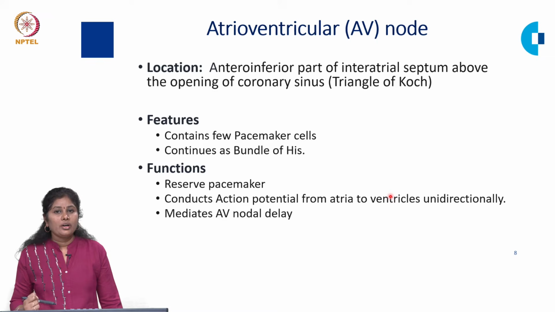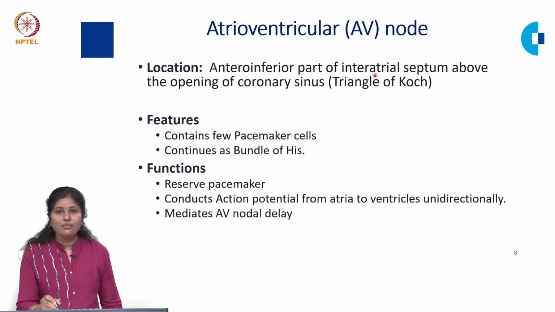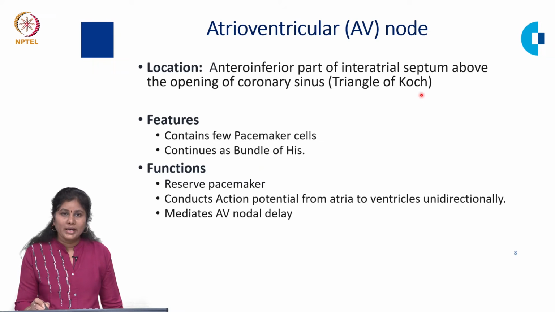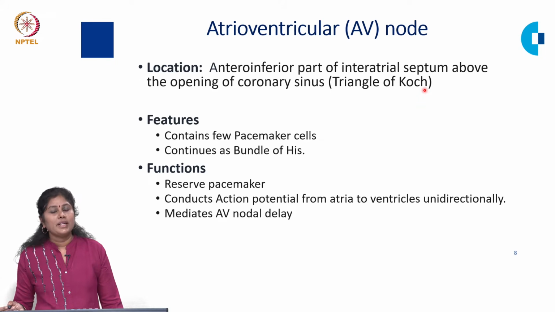Next in the order of conducting system is the atrioventricular node, which is located in the antero-inferior part of the interatrial septum above the opening of coronary sinus. This particular area is called the triangle of Koch. Compared to the SA node, this AV node has fewer pacemaker cells, and this also continues as the bundle